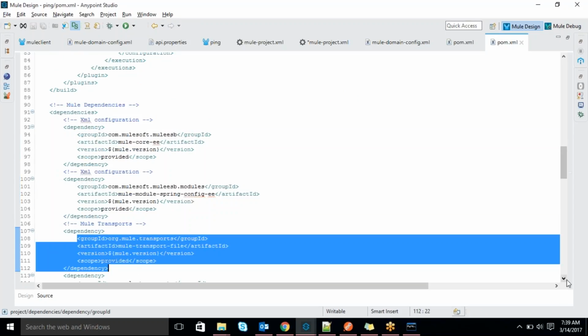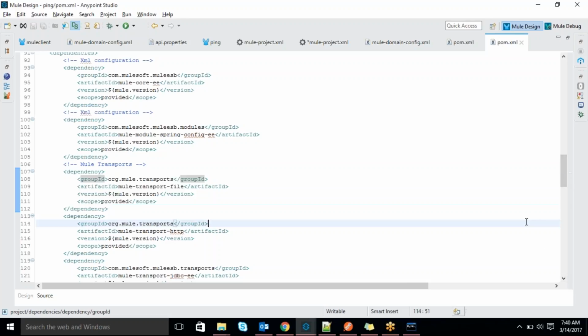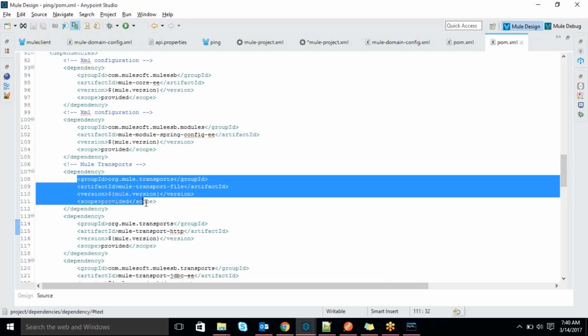So pom.xml is only for jar files, yes, dependencies. Generally in a normal project, we have to keep all the jar files in the lib folder, right? But here POM comes into the picture. With POM, we are not required to download and keep them in the lib folder. It will take care of it; your POM will download it.